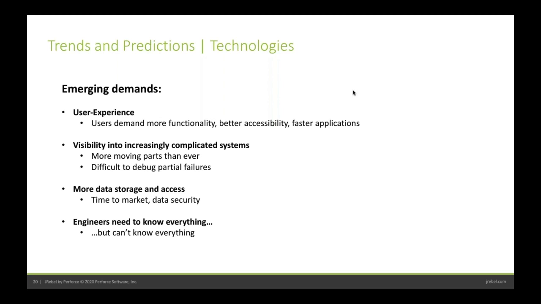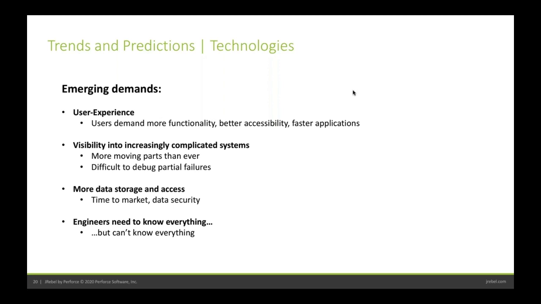And all that data means higher demands on data security and privacy. You can't expose the data. You don't want it to be corrupted. You don't want it to be hacked. How do you deal with this avalanche of new services and data? And finally, one that keeps popping up, another challenge for the implementers of these systems, is that engineers are human.